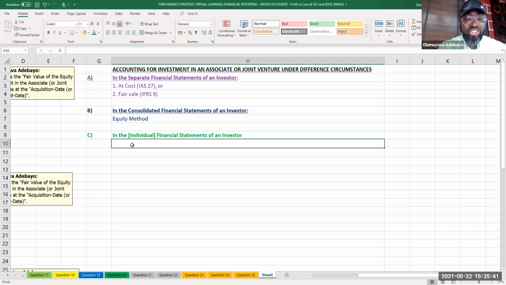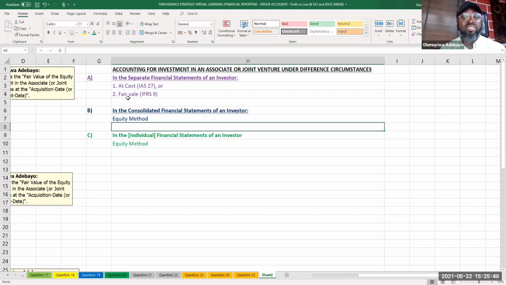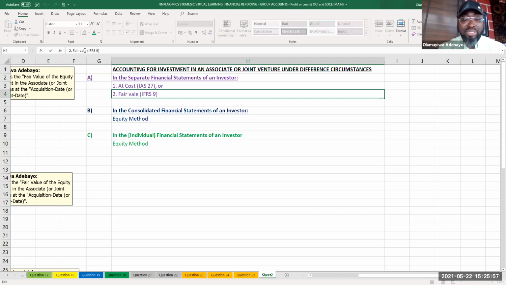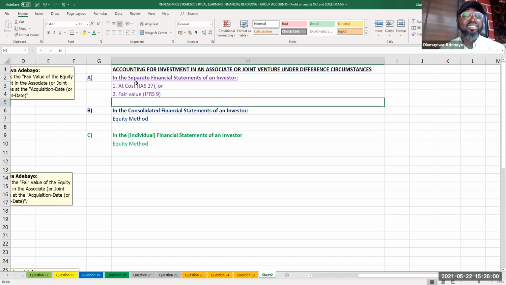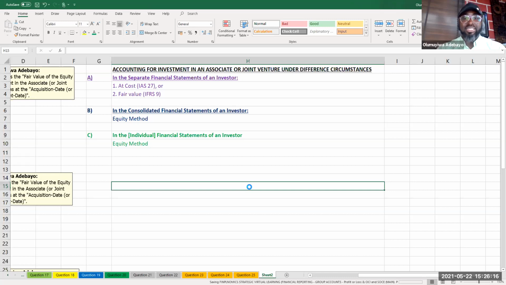And in that light, you must use what? Equity method. Which means the only exception to the use of equity method is on the premise that you have a separate financial statement where you can make use of cost or fair value. And the reason why the standard says so is that this entity will compulsorily still present an account called the consolidated financial statement, which will have taken care of such accounting by way of equity method. And that is that. And that is what I tend to more or less intensify effort towards explaining.